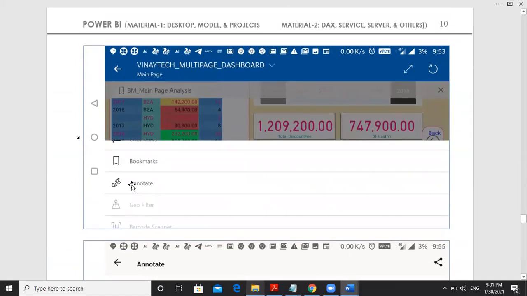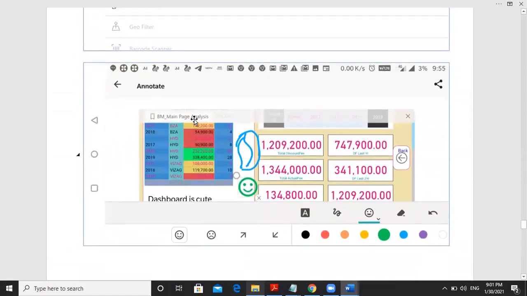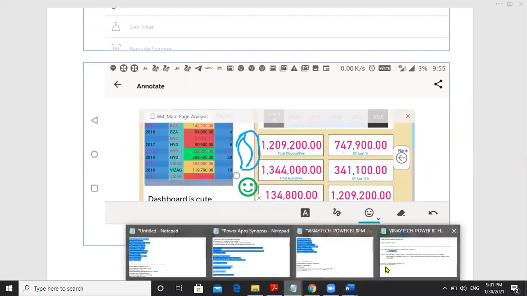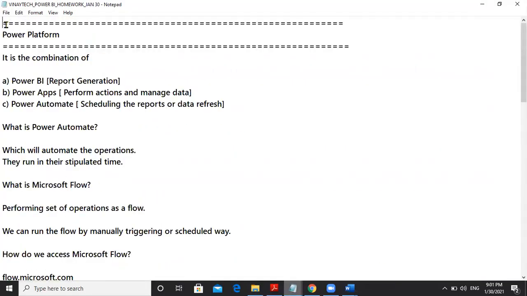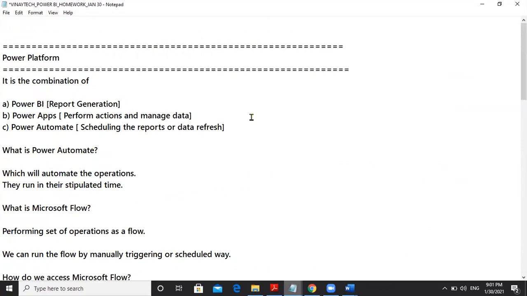Click annotate and generate a picture like this and finally share to me. Generate a picture and share to me. This is the second task for today. This is the first task, Task 1.